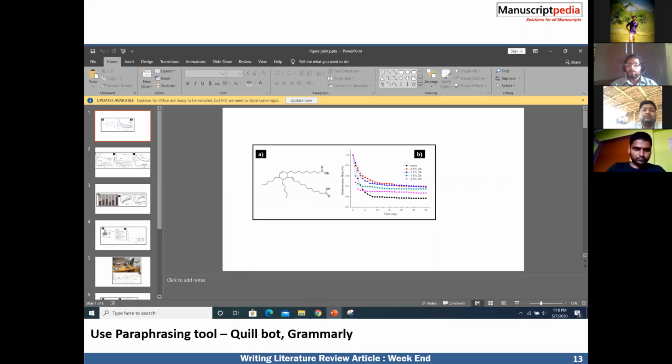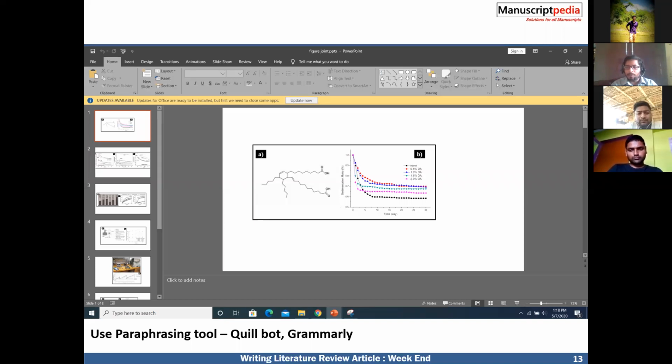After rephrasing the sentences, below each sentence you need some images from the journals which you have taken as references. For example, as you see on the screen, I have done research on smart materials, that is MR fluid. In testing this fluid, there are a lot of graphs. My topic is sedimentation, which means the settling of iron particles. If I download 60 articles, each article will have graphs on sedimentation.